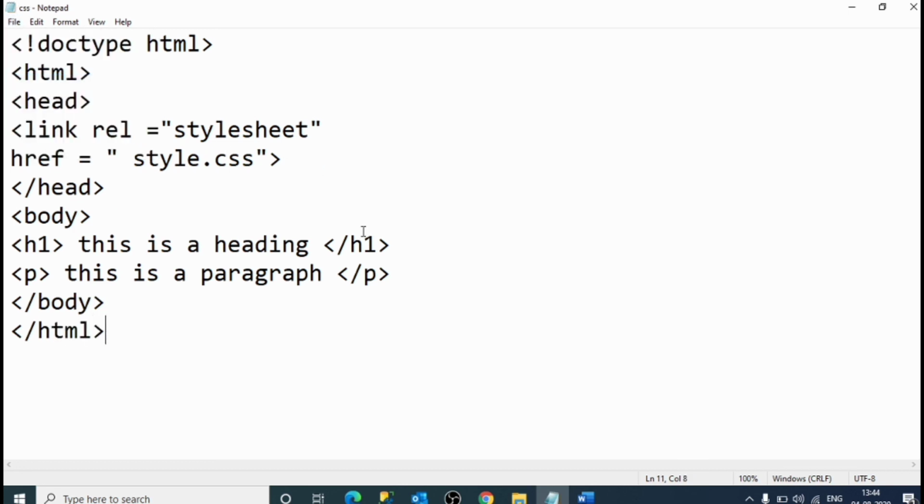I have written html, head, link rel style sheet href style.css, slash head, body, h1 this is heading, p this is paragraph, slash body, slash html. Now I'll just save it. We are seeing full URL.